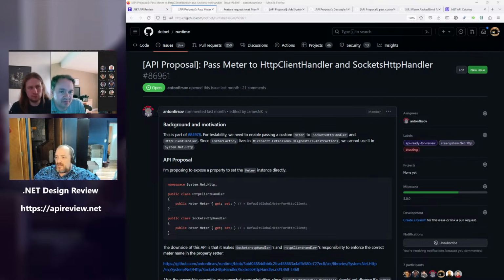But what I'm trying to push on here is us saying that if we care about it for HTTP client handler or for HTTP client, presumably we will also care about it for DNS. Maybe. I personally find it hard to believe that the API review would sign off on all things that look like static functions starting to take a meter factory parameter, because we don't design the BCL.